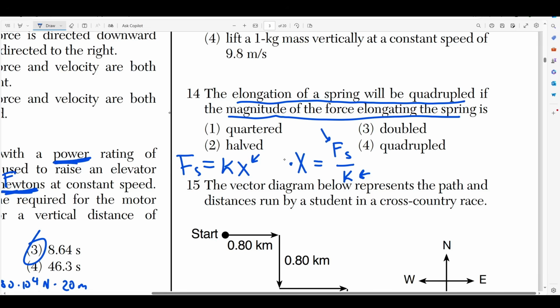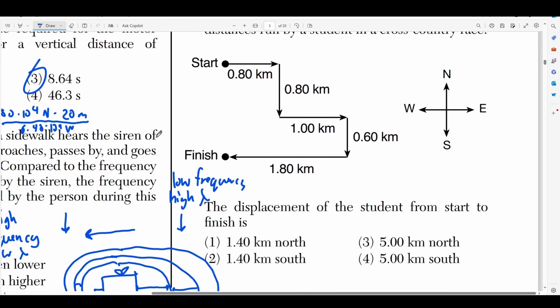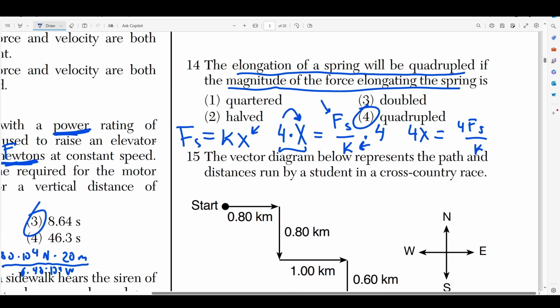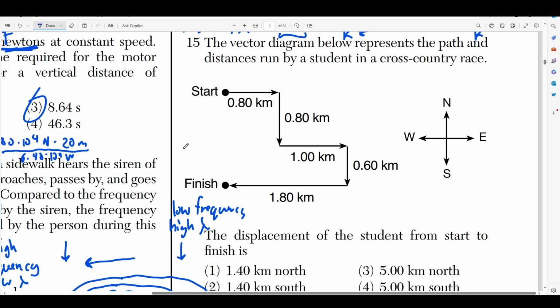So in other words, you just can multiply both sides by 4. If I want to make the distance that the spring was elongated bigger by a magnitude of 4, I multiply it by 4, and because I did it on one side of the equation, I do it on the other side of the equation, right? So I now know that 4x is equal to 4Fs divided by k, right? Which means that I need to quadruple the force elongating the spring. I guess you didn't even need to set up this equation. If you just knew that k was constant, you would know that Fs is just proportional to x, right? And if you want to multiply x by 4, you need to multiply Fs by 4. Moving on to number 15, it says the vector diagram below represents the path and distances run by a student in a cross-country